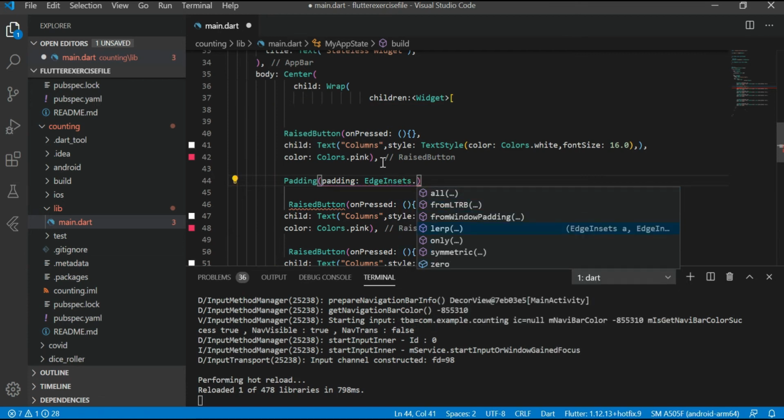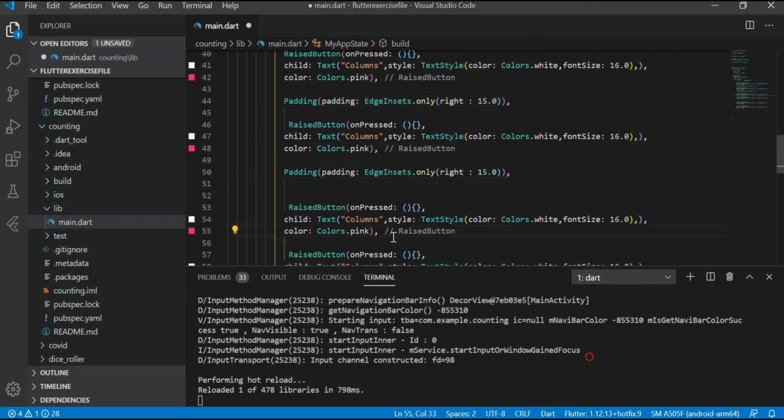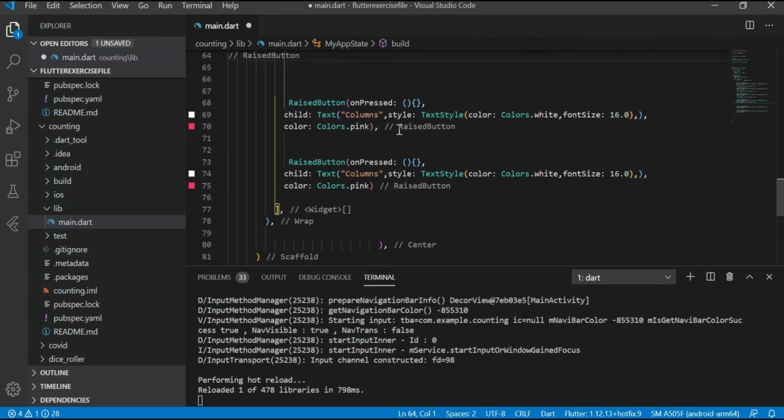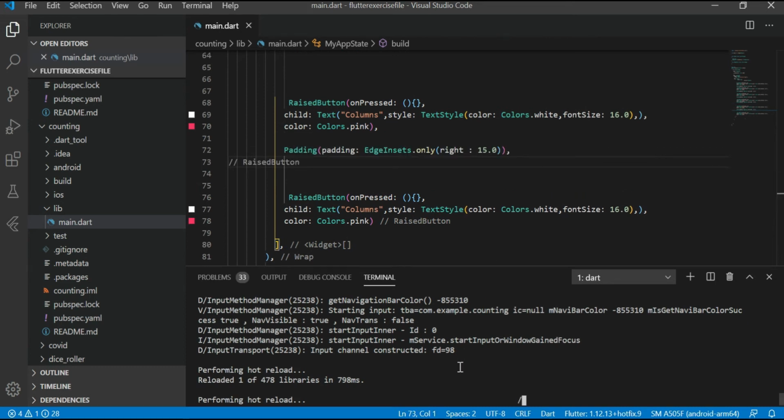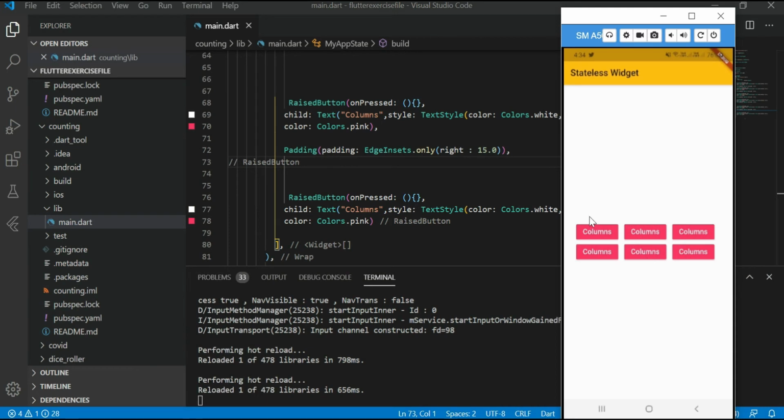Just give a little bit of padding after every button so you can understand more. Now I guess you'll get what is wrap.